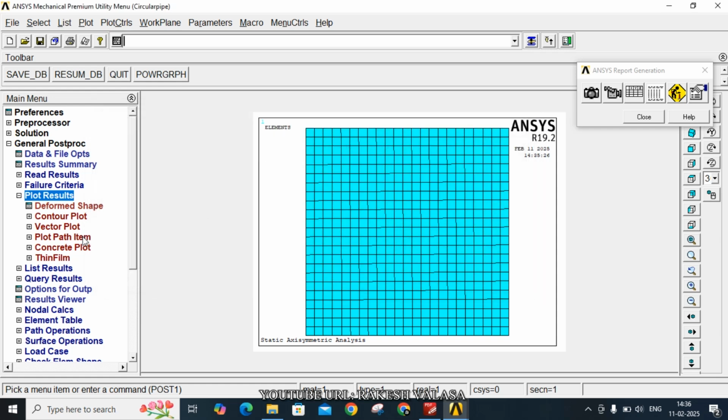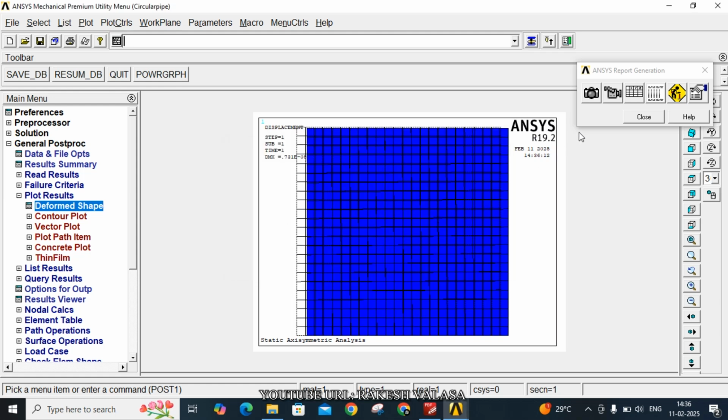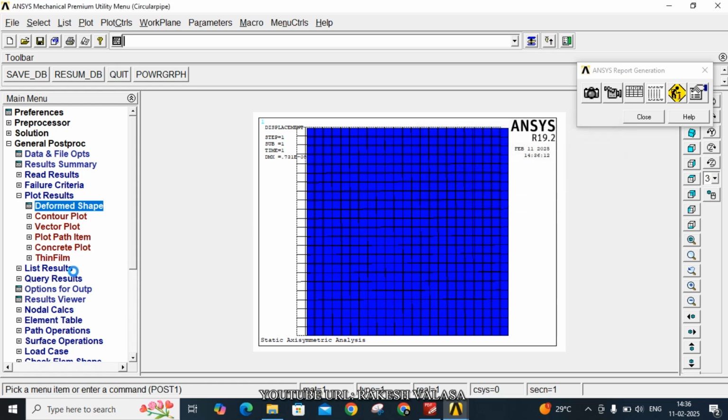Okay, next one, plot results, deformed shape, deformed and undeformed shape. Okay, you can also capture this image. Deformed and undeformed shape. Okay. Next one, go to the plot results, contour plot,